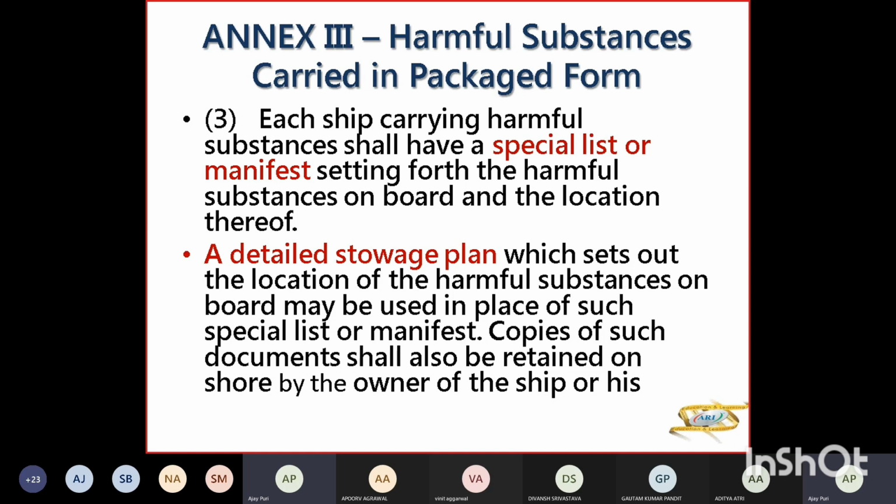सो ईच शिप शुड हैव these substances in a special list or manifest stating कि कहाँ पे आपने ये कार्गो रखा है, किस होल्ड में रखा है, किस लेवल पे रखा है। प्लस आपका डिटेल स्टोरेज प्लान होना चाहिए to locate the harmful substance which can be used in place of special list or manifest। तो अगर आपने स्पेशल लिस्ट और मैनिफेस्ट नहीं दिया तो एक डिटेल स्टोरेज प्लान दे दो कि भाई आपने कहाँ रखा है।